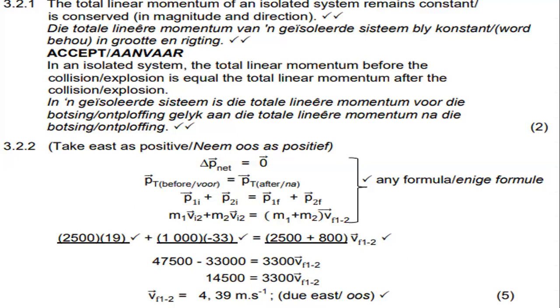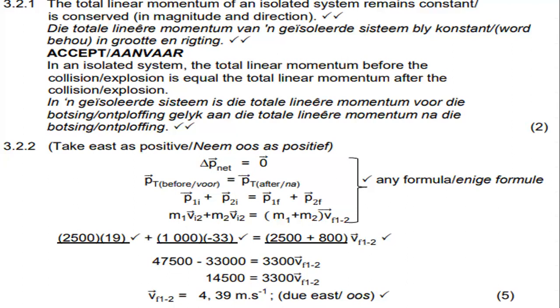So you'll take the 47,500, which is positive, and subtract 33,000, and that will give you 14,500. And then when you get to the other side, you say 2,500 plus 1,000, which gives you